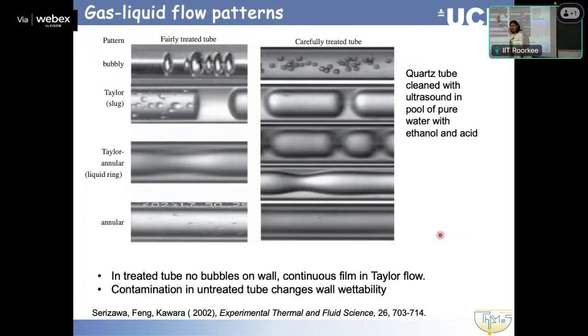The Taylor flow, when we have gas liquid, it could have bubbles and drains. In liquid, they're more clean, let's say. Taylor annular flow, if you can see this, that's what is called Taylor annular. You actually have like a bubble, then like an annular, and then a bubble and continues. That's why even though it's a transition, a regime in between two regimes, it can survive for a large area